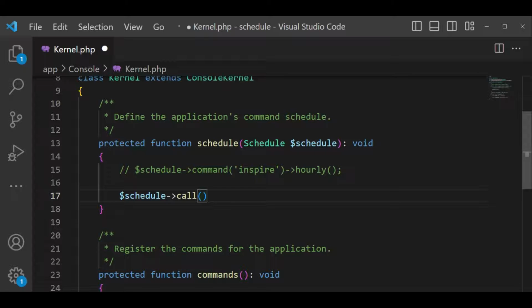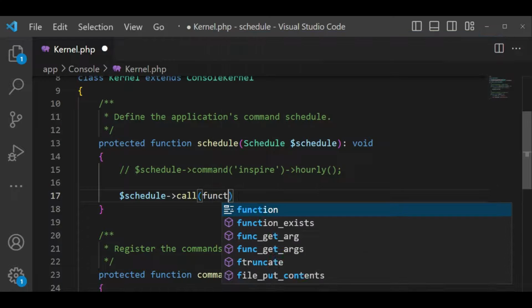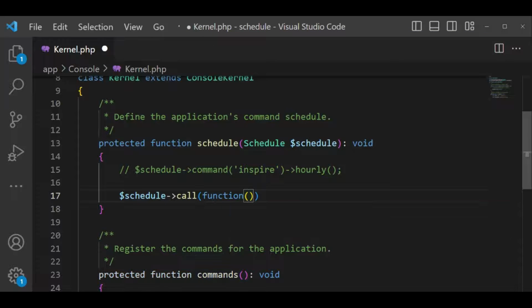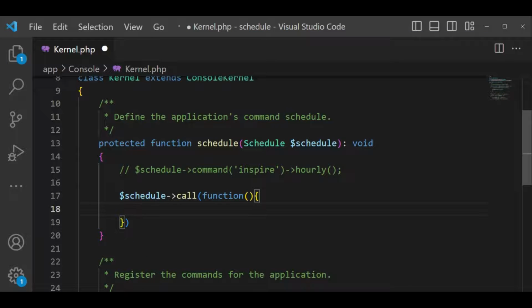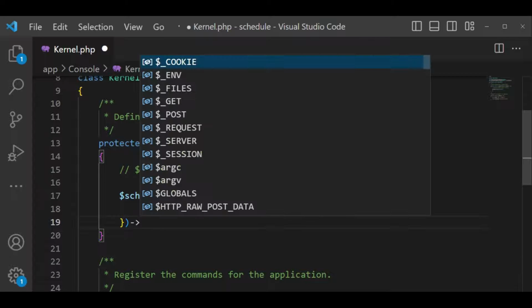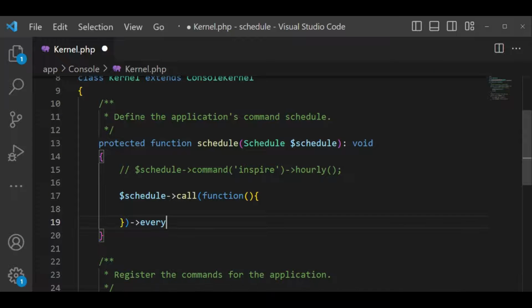So we can have this call, and then we can have function like that, and inside this function we can put whatever command or action that we want to carry out, and then we can chain and say after how long. So here I want to write every minute,